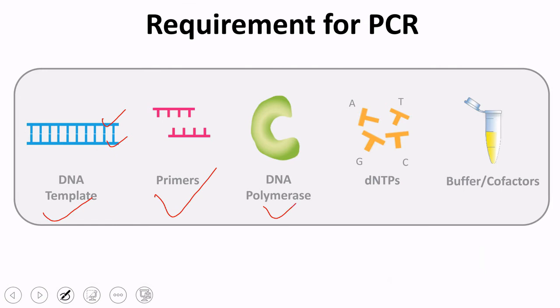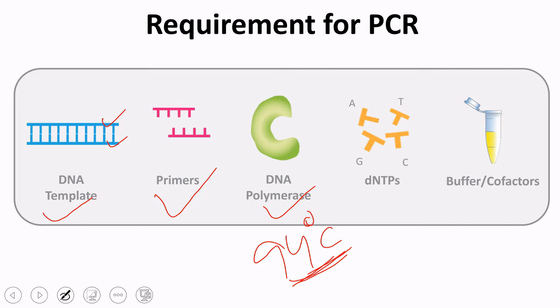Normally we design the primer. If you know the sequences, we can design the primer. Then we require thermostable DNA polymerase. As you have seen, the temperature is going up to 94 degrees centigrade. So we require a DNA polymerase which can be stable at 94 degrees centigrade. Otherwise, normally proteins are not stable at 94 degrees centigrade. So we require a specialized kind of DNA polymerase, called thermostable DNA polymerase.